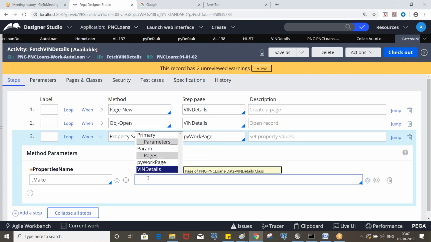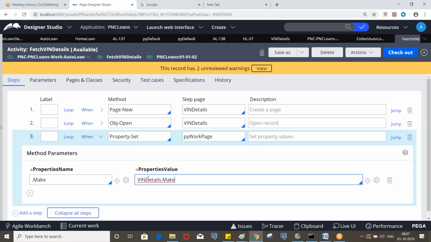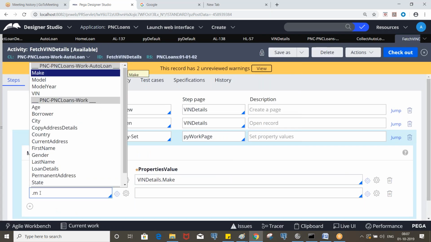You can specify either pyWorkPage or win details as a step page, but based on that you need to define the subsequent steps. Now here, see, understand? Now model. Here we are selecting the properties from the class of this page or inheritance path. So even you can select these properties also.